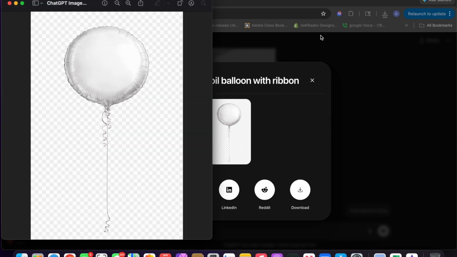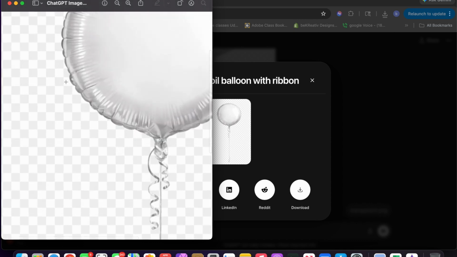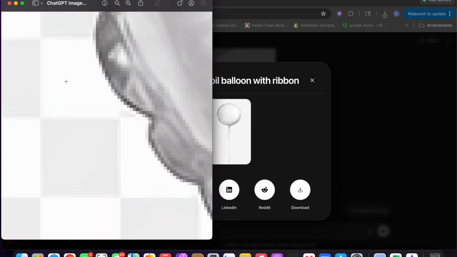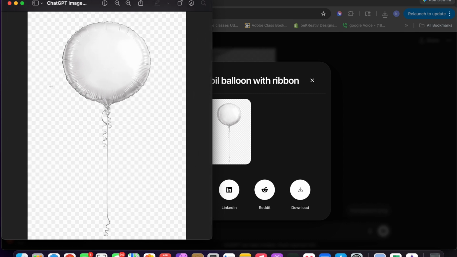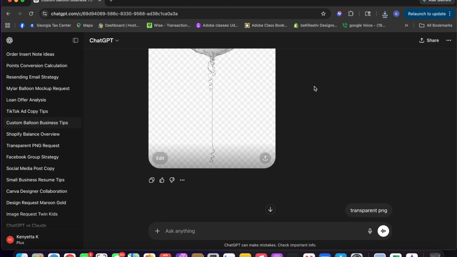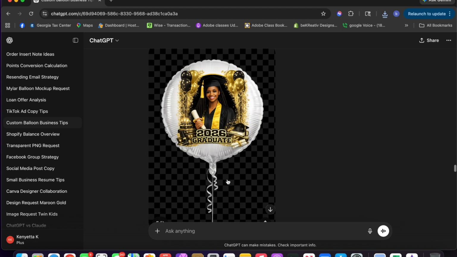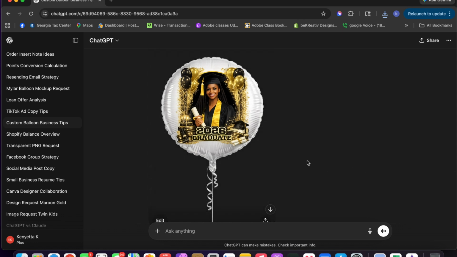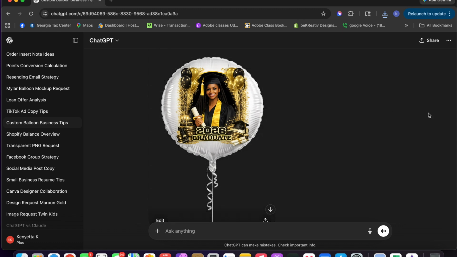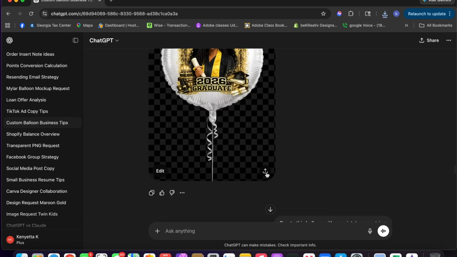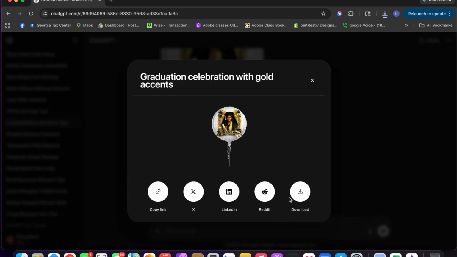Now let's click on it and see. It is not a transparent PNG. ChatGPT gave me the art that I asked for, but it gave me the look of a transparent PNG, not an actual transparent PNG. This one was transparent, and this is how you can tell on ChatGPT. When I touch the art, I see that background come up, but when I move it, it's not there. So I go to download this one,